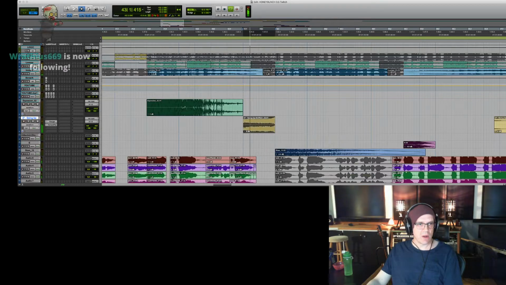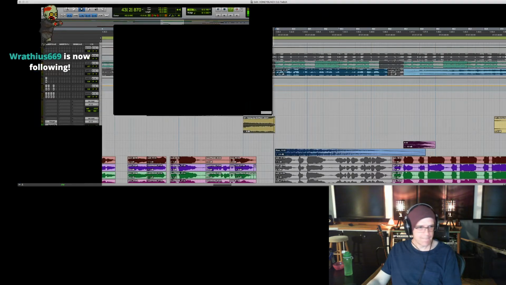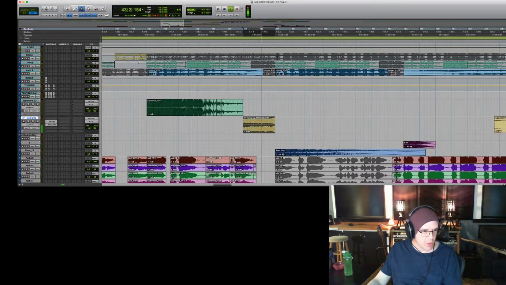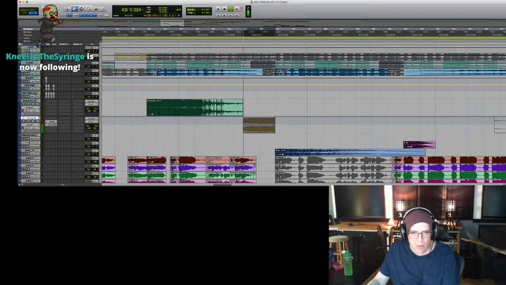I'm putting it up an octave. And then let's make it go from mono to stereo. So we'll bring it down to mono first.